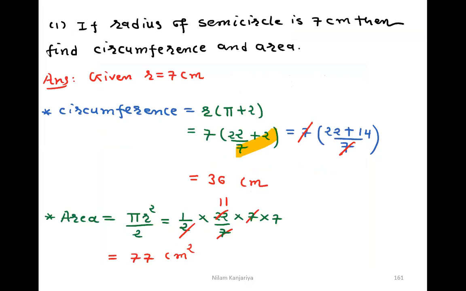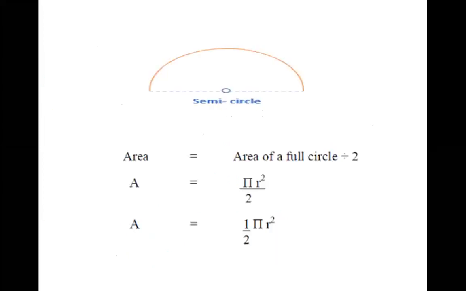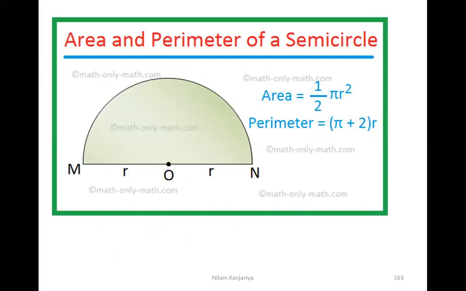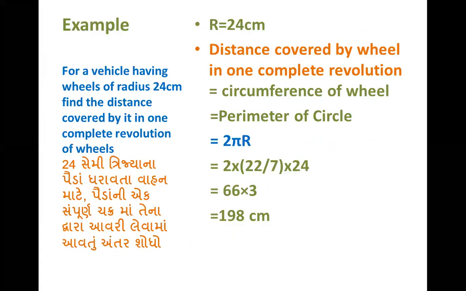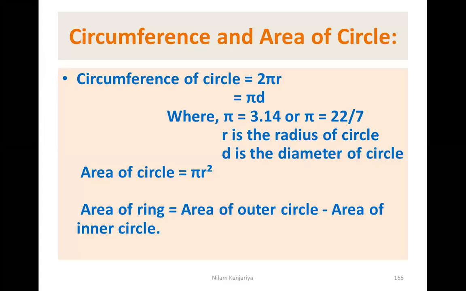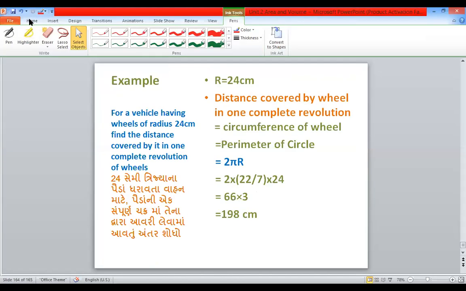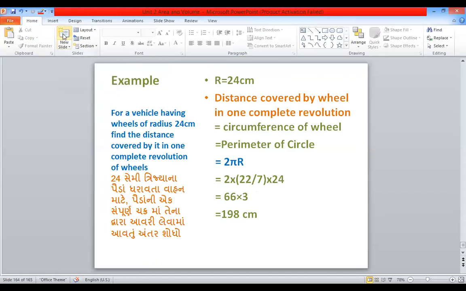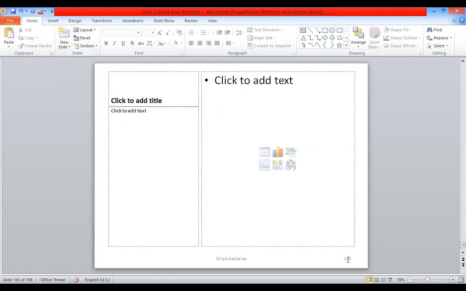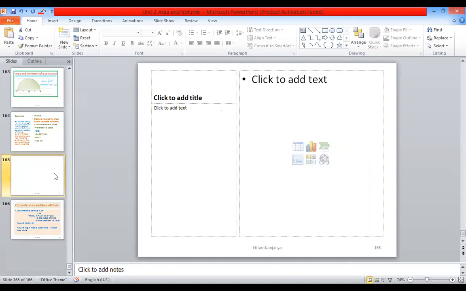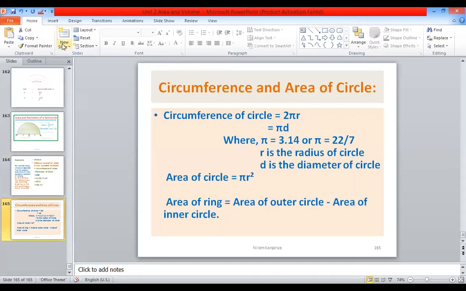So you remember this question. Now I'm giving you some questions to solve right now. Hope you remember all the formulas. So here I finished one topic, area and perimeter of the circle and the semicircles. Now look here, some questions for you. Before I start a new question, I give you one thing.